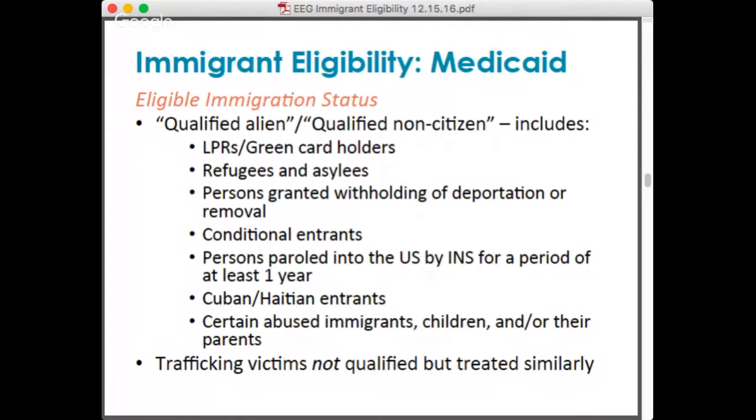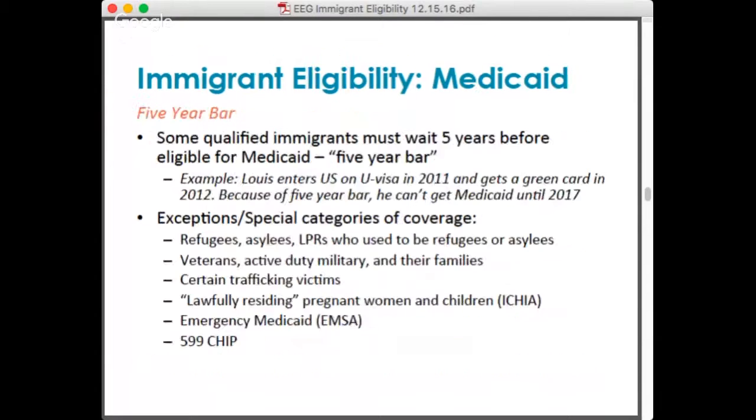If you meet these qualifications, you're considered a qualified alien, so you have an eligible immigration status. However, some qualified immigrants must wait 5 years before they are eligible for Medicaid. This is if someone entered the US after 1996, they may encounter what is known as the 5-year bar or the 5-year ban. So for example,